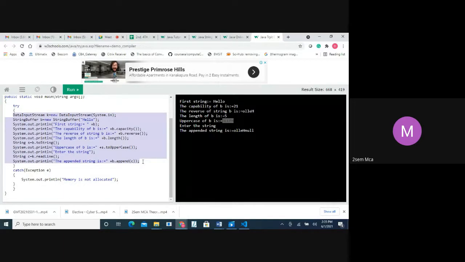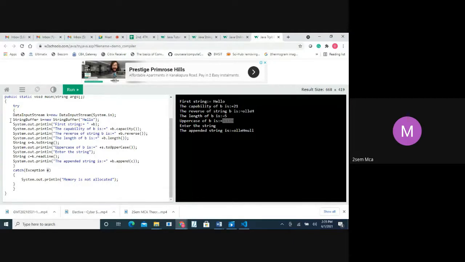If there is a mistake, whatever exception or error there is should be stored in the object called E. If there are no errors, it will execute automatically. So if there is an error, store that in E and display that something is wrong, like memory is not allocated.